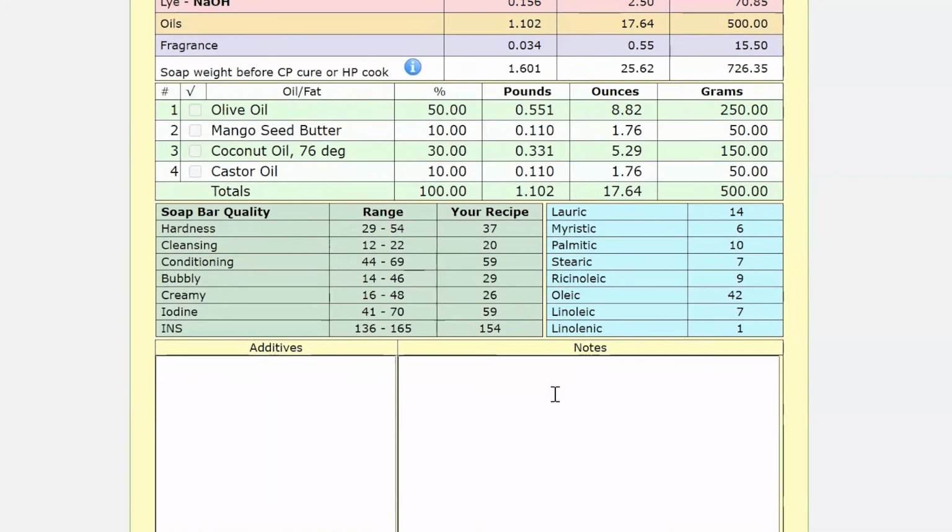So for example, I always write on the left side when I add citric acid or sodium lactate or kaolin clay and so on. And on the right side, I only write the date when I want to make this soap, and I handwrite some notes when making the soap, like if it thickened very quick or the date when I unmold it and if the bar is too soft or such things. So I write everything down what seems to be important for me, and that makes it easier for me to make the soap again or just change a small thing to optimize the recipe.